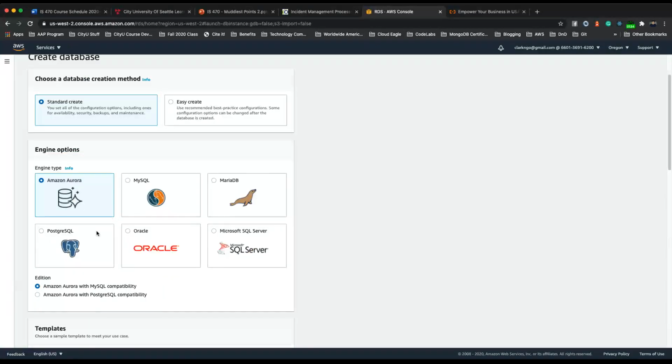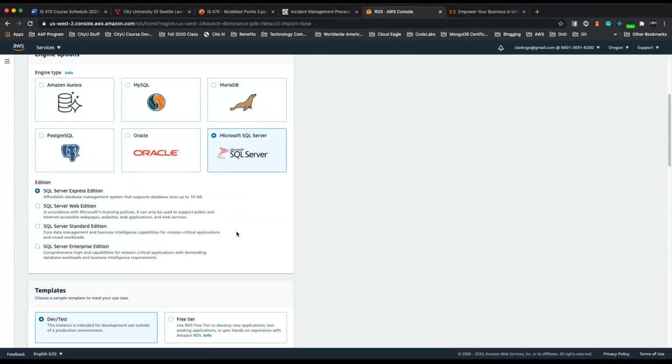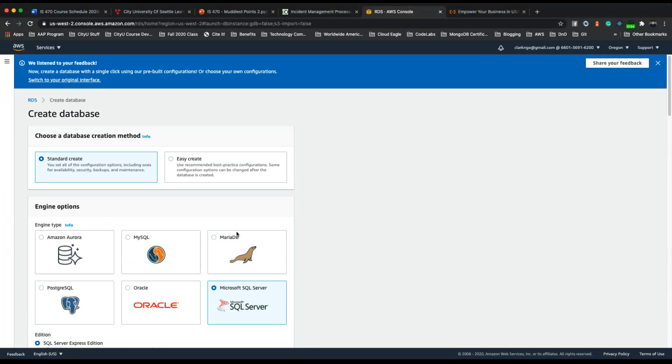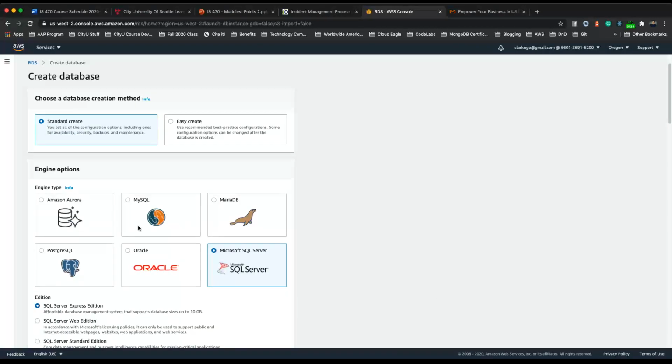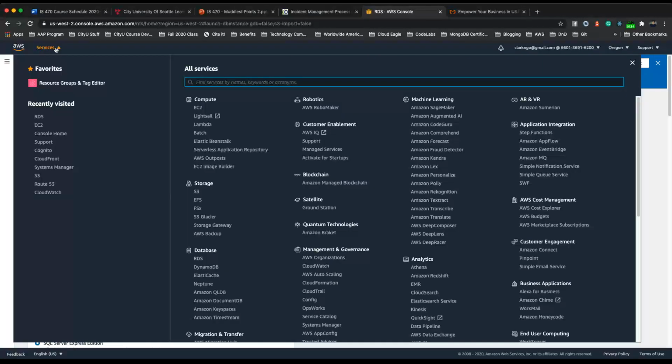For example, you can choose different types of databases: PostgreSQL, MySQL, Microsoft SQL Server. So you only need to connect your computer to the AWS cloud, and you'll be able to store data.